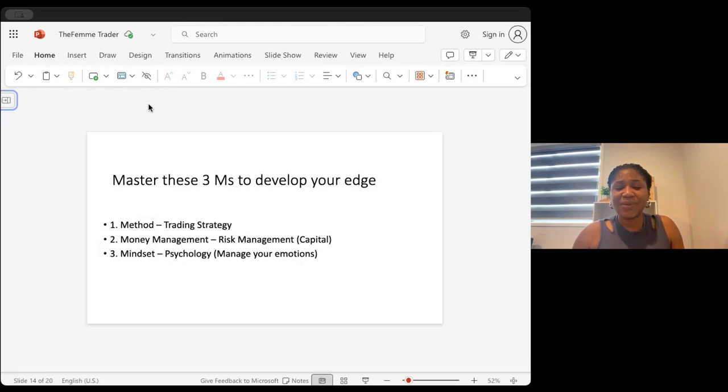The next one is money management, which is risk management. I would say this is the very important one. This is the most important thing that you need to know as a forex trader. Your strategy is one thing which you want to implement, and the second one is risk management. That is your capital. So what are you risking? What are you giving to the market to be able to get what? Some people use 2%, some go for 1%, some go for 0.1%. But later on in the course, I will be explaining the percentage which is recommended for you to use. And the third one is the mindset.